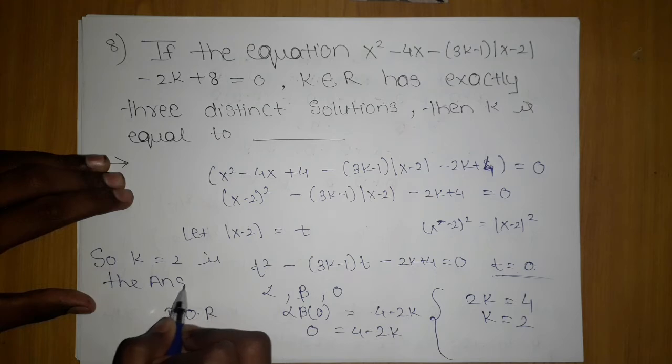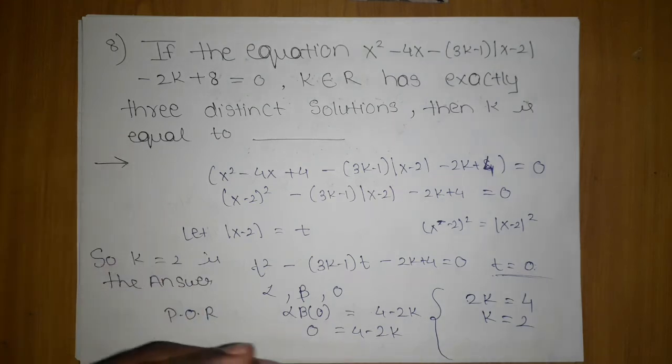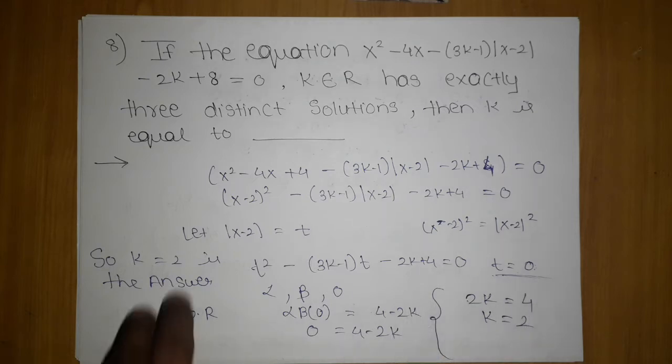What is the trick part of this question? You must realize that 3 distinct roots are not possible. So what number can be the imaginary or unreal root? It can only be 0, because modulus cannot be equal to 0. So yes, you got that. If you got that part, then you're done with this problem. Okay, let's move on to the next question.